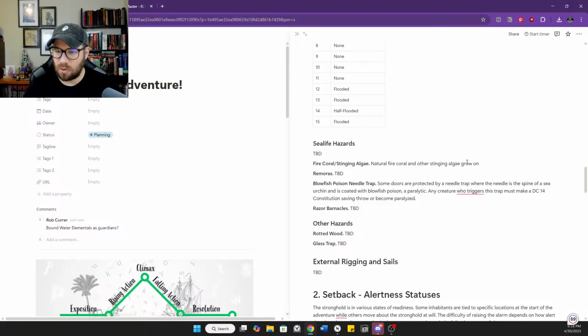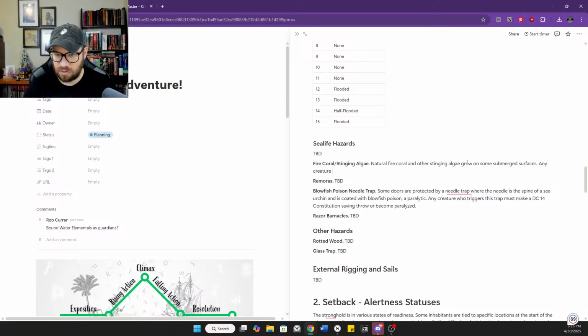Natural fire coral and other stinging algae grow on some submerged surfaces. Any creature that comes in contact with one of these surfaces must make a